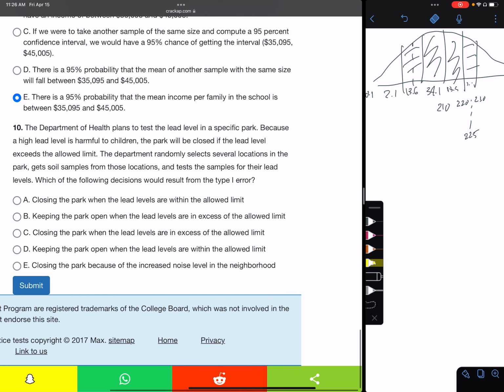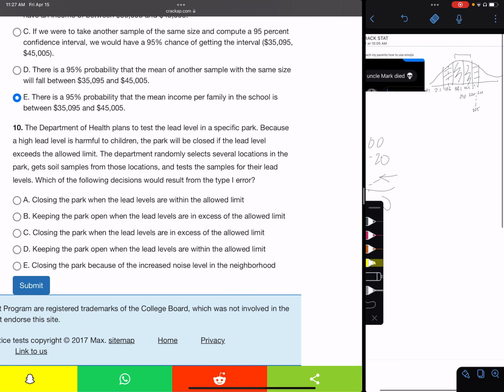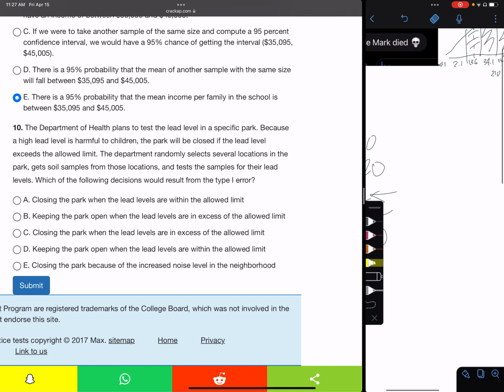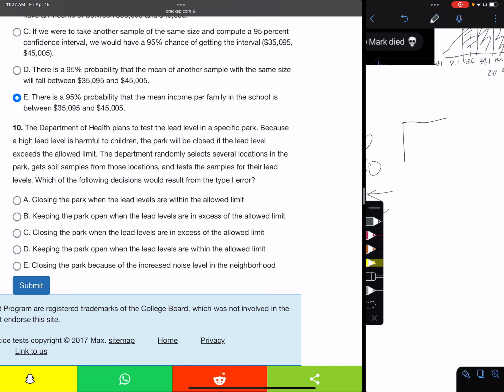Okay, the Department of Health plans to test the lead level in a specific park. Because a high lead level is harmful to children, the park will be closed if the lead level exceeds the allowed limit. The department randomly selects several locations in the park. It gets soil samples from these locations and tests the samples for lead levels. Which of the following would be a type 1 error? So if we remember, the type 1 error, well, actually, no. Type 1 error would be,